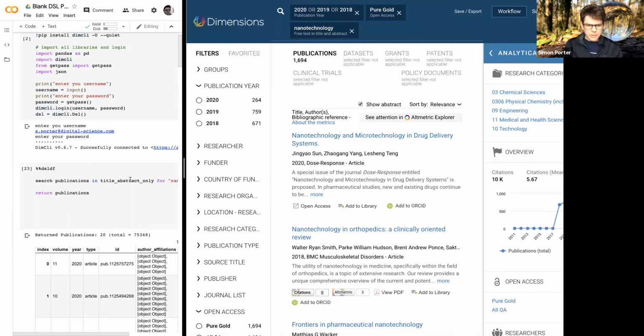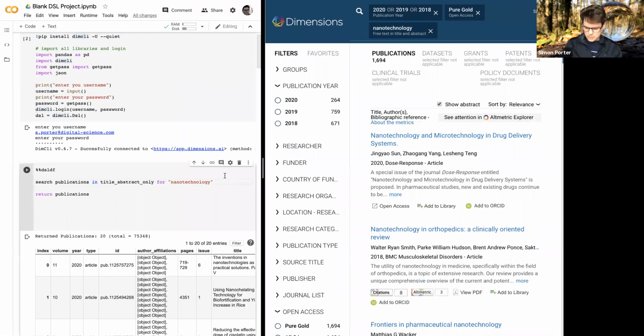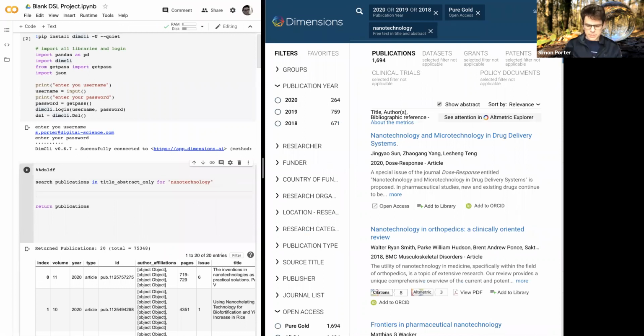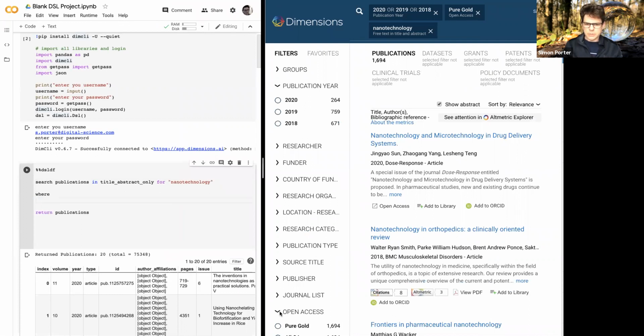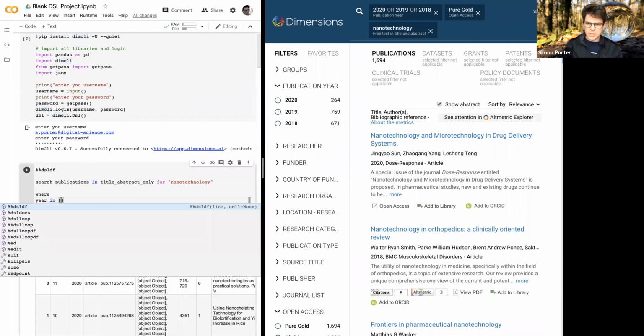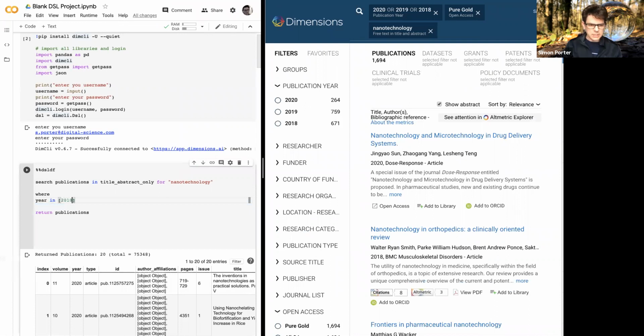So now we can do exactly the same thing with our API. We can say where. And underneath the where clause is we're going to include anything that we can see here, more or less. So these are all of our facets. So in this case, we're going to say where year in, what did we say, 2018 to 2020,